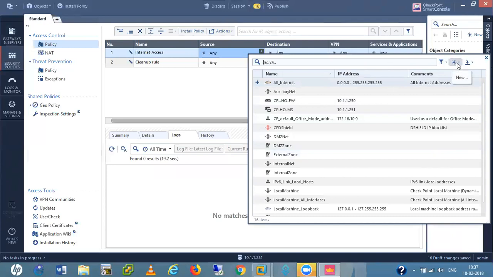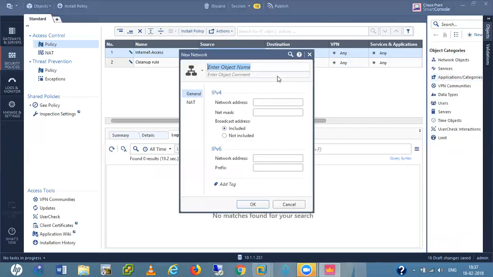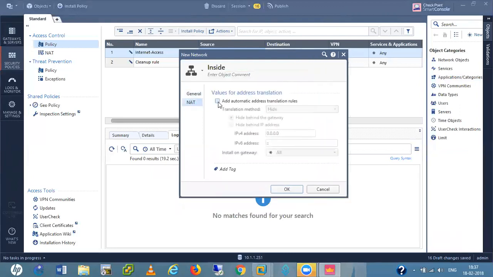New network, Inside. 10.1.1.0, 255.255.255.0. I am also configuring NAT here, NAT behind the gateway. And install this policy into my head office firewall. Install this NAT rule in my head office firewall.